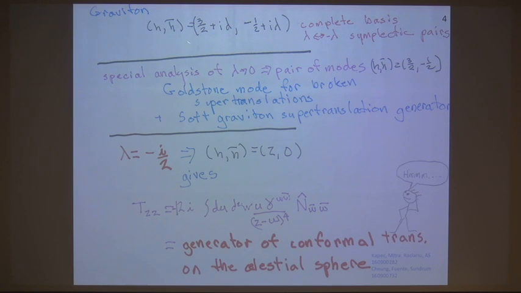The graviton is even more subtle. Again, now we have 3/2 plus i lambda and -1/2 plus i lambda. And when lambda goes to 0, again, you get a log branch and you get two modes. One of them is the Goldstone mode for spontaneously broken supertranslations. And the other is the analog of the soft graviton, which generates supertranslations. And now something really funny happens. If you take lambda to be complex, you get a field of dimension 2, 0. And that field of dimension 2, 0, right now we're just talking about wave functions.